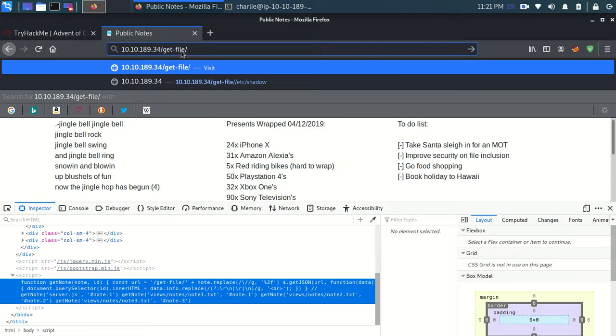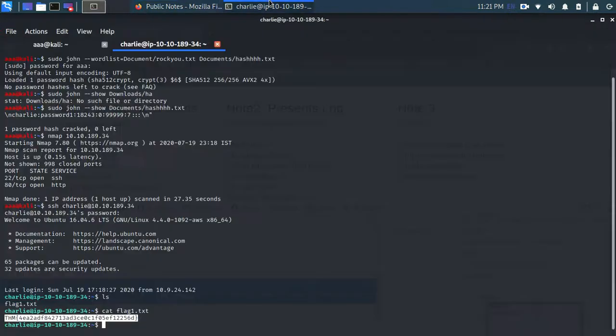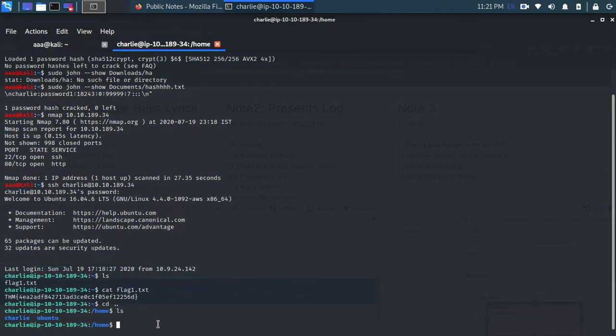Now we need /etc/file, or let's try and take the flag. Let's do cat /home/Charlie, sorry.